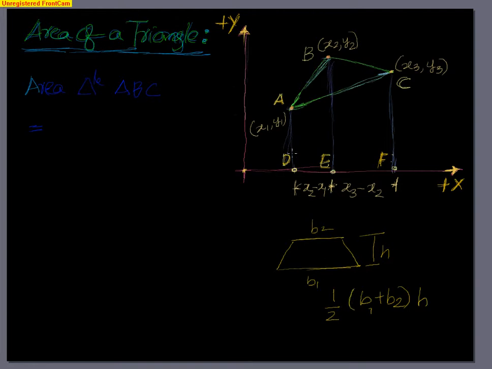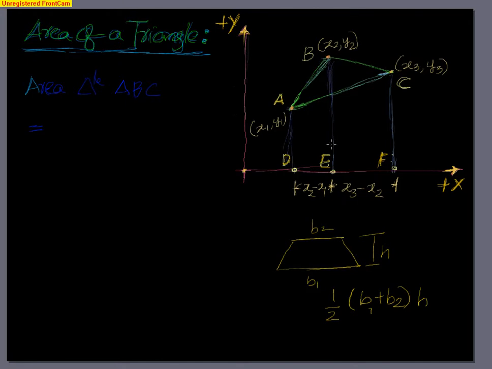So you can see here one side of a quadrilateral is parallel, so you know that it's a trapezoid or a trapezium, and we'll apply this formula. If you observe this diagram very keenly, don't look at the triangle ABC, look at these perpendiculars drawn to the x-axis. You can see that ADEB is a trapezoid, and BEFC is also a trapezoid.